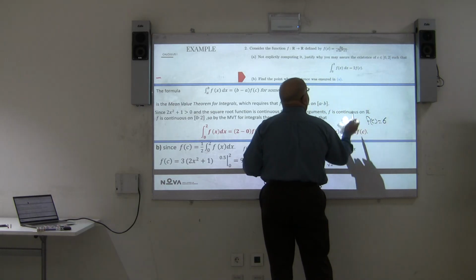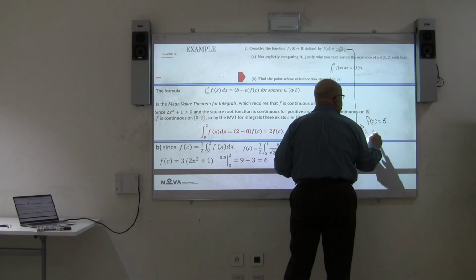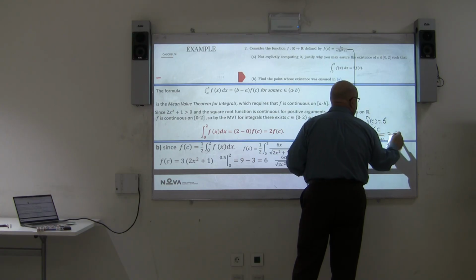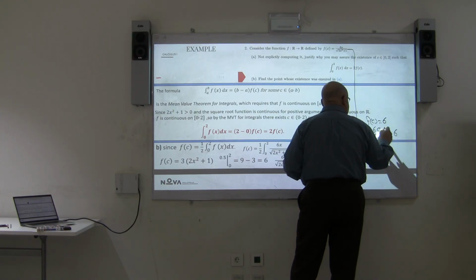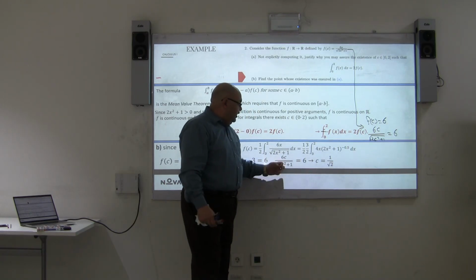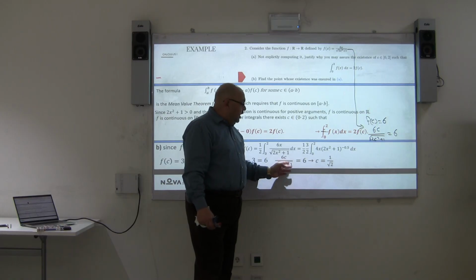So in order to get f of c, use the mean relation, replacing x, so it's going to be 6c over the root of 2c squared plus 1, which is equal to 6. Try to solve for the value of c. So this is actually what I have in here. So make a cross multiplication and square both sides and try to